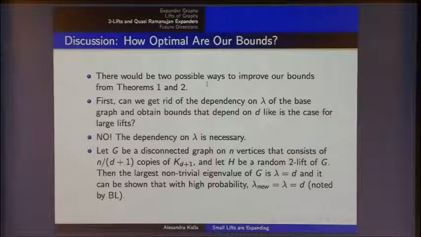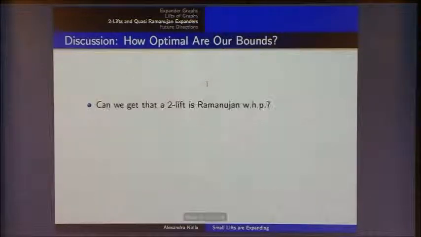There still exists one that's Ramanujan, but with high probability, most of them are actually disconnected. So dependency on lambda is necessary. Then the second place that we could look at is, can that constant become 2 root d minus 1, or rather, can it become lambda nu less than or equal to lambda rather than less than or equal